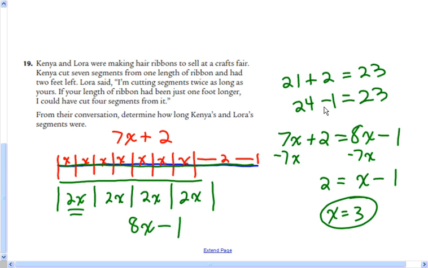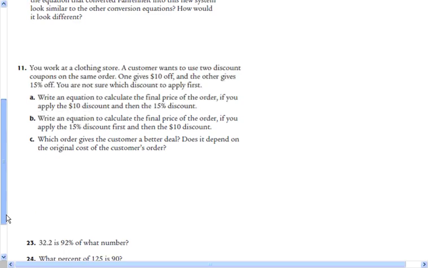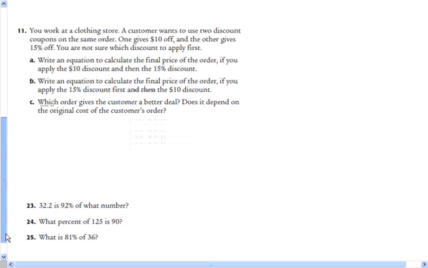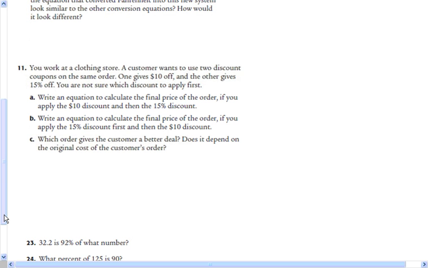All right, let's do one more problem here. We'll do this physical science problem. Actually, you know what? We'll do this clothing store one. It says a customer wants to use 2 discount coupons on the same order. One gets $10 off, the other gets 15% off. You're not sure which discount to apply first. So it says write an equation to calculate the final price of the order if you apply the $10 discount and then the 15%